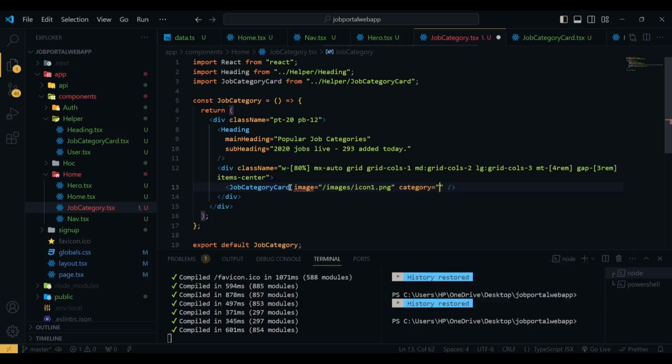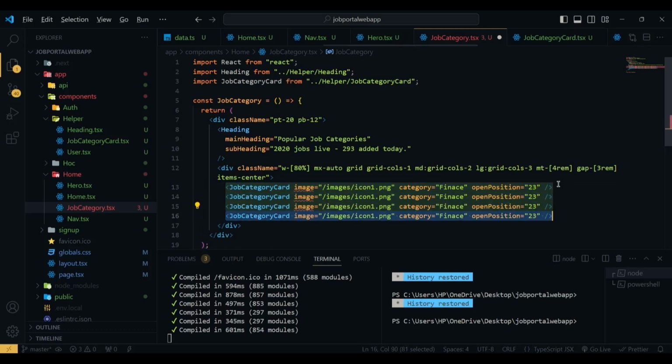The category for the first one will be finance, and then we are going to pass another prop which is open position. Here I am going to pass 23. We have nine total job category cards, so I'm going to copy this